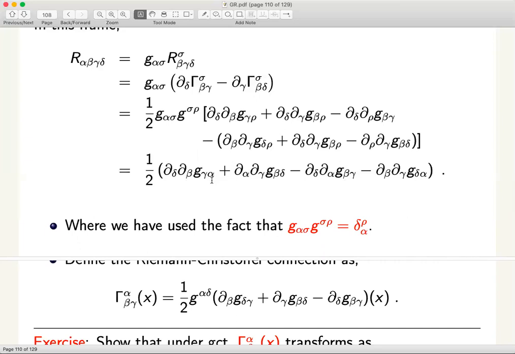So if you look at the first term and swap alpha beta, you get a third term with a minus sign. And similarly, second term will give you fourth term with a sign. Okay. So although Riemann tensor with one contravariant, three covariant indices did not show any other symmetry except antisymmetry in last two indices, in particular gamma and delta, all four covariant indices on the Riemann tensor has a property that it is antisymmetric in first two indices and antisymmetric in last two indices. Okay.